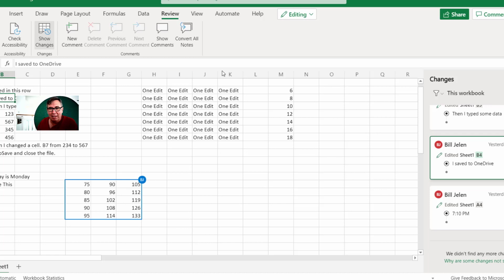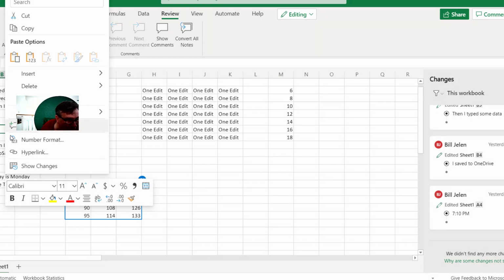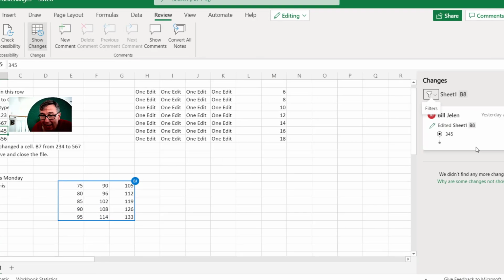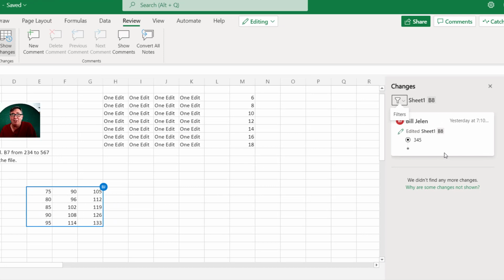This is wild. You can filter to see just things from this workbook, a particular sheet, a particular range. I think you can even come to a cell and say, when did this change? Like here, this 345, I should be able to right click, show changes, and it'll show me the history of that cell. This is crazy. Now, look, I realize not a lot of people use Excel Online, but this will drive me to Excel Online. I'm going to work in Win32. I'm going to work on the desktop. But then if I want history, I can figure it out.